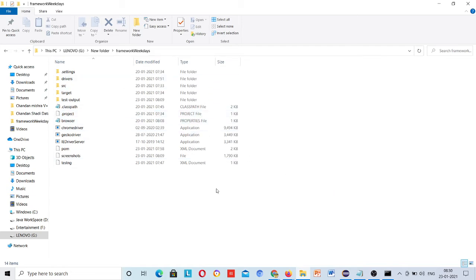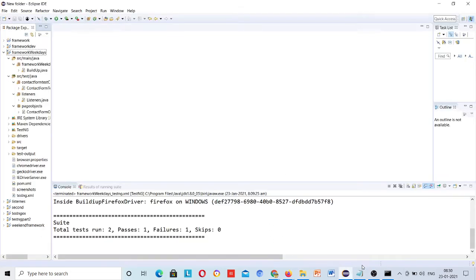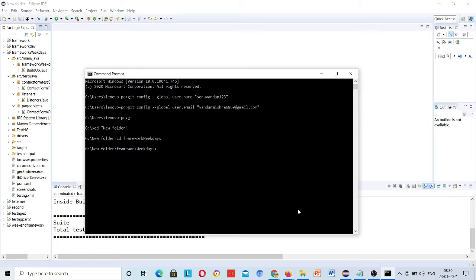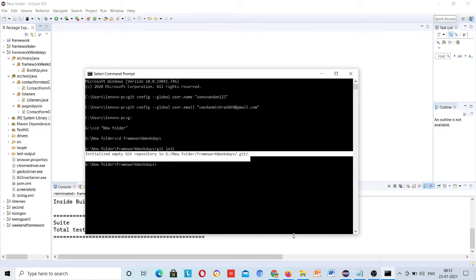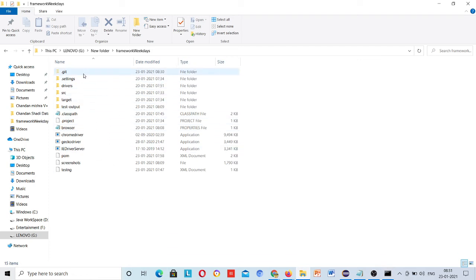For this location you have to initialize that. For initializing, there is a command git init. Now you can see it initialized an empty git repository in framework.